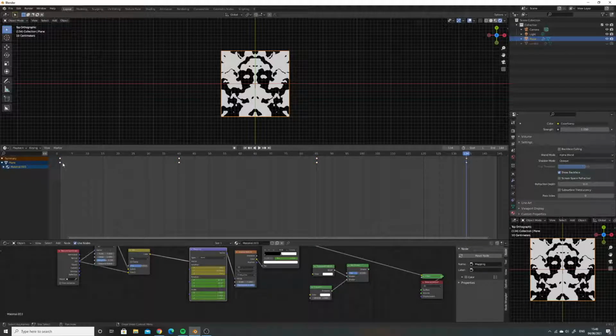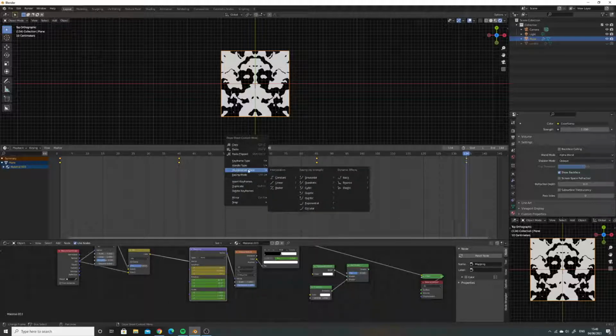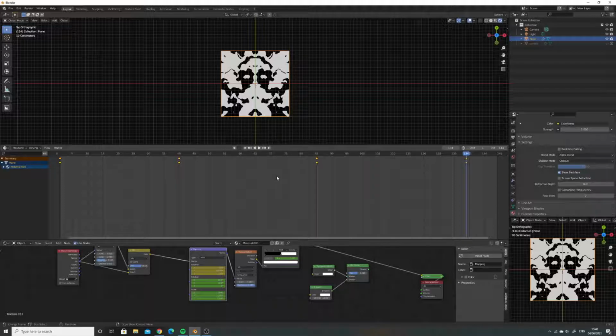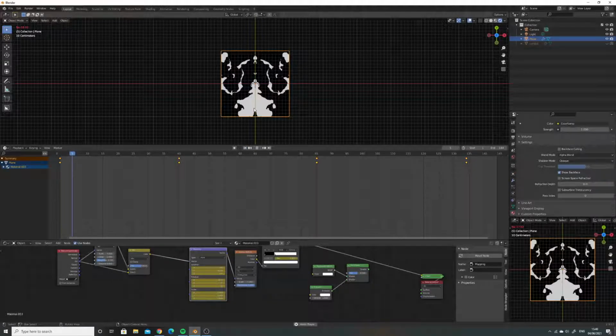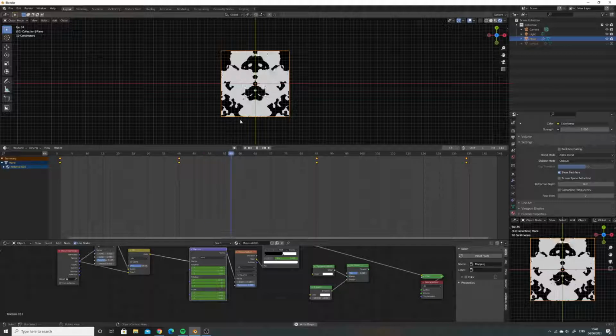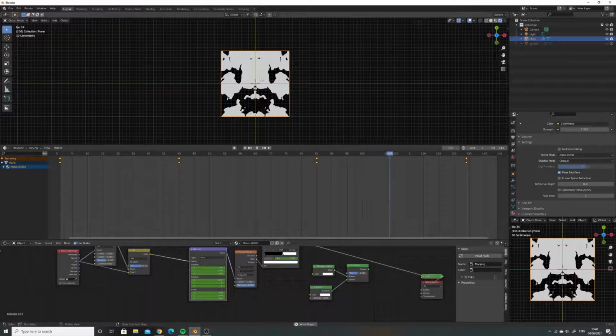And then once we've got these all keyframed in, we want to change the way that it goes between each keyframe. At the moment, it will smoothly transition between them, and what we want it to do is either be this pattern, the next pattern, and so on. So select all those keyframes with A, right click, go to interpolation mode, and change this to constant. Now, if we press play, you can see it changing between the patterns, and you get